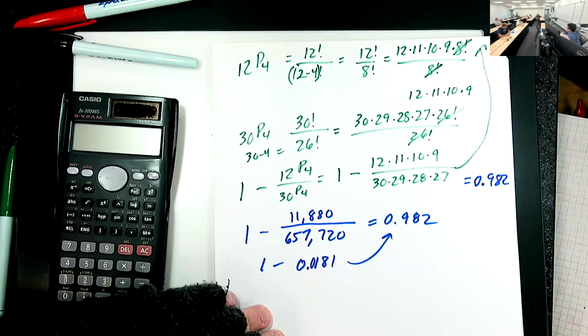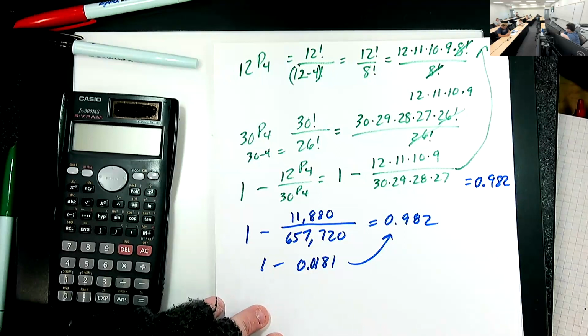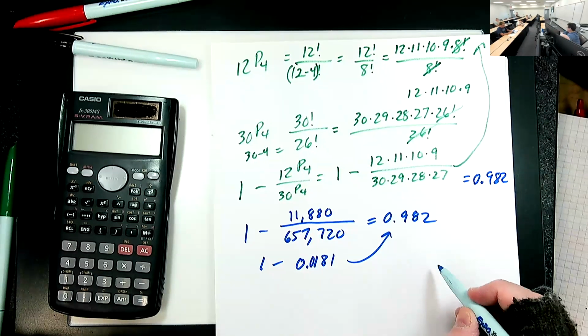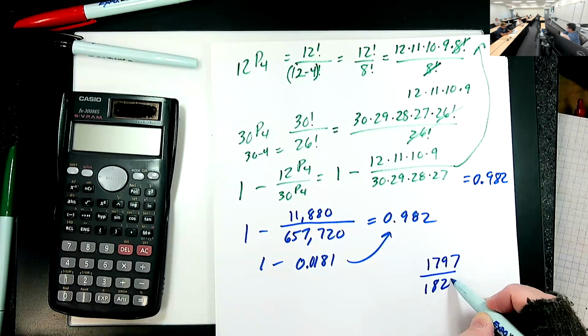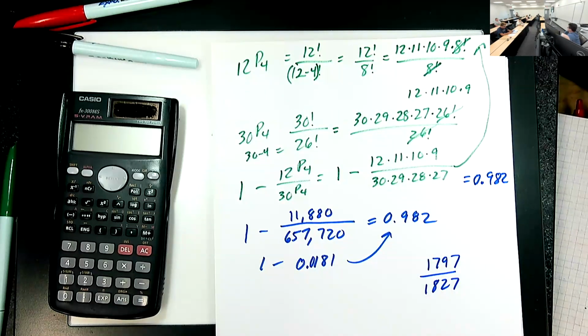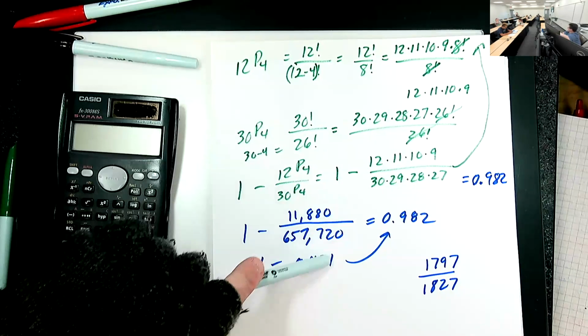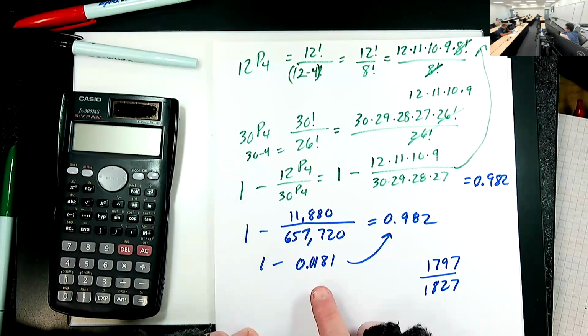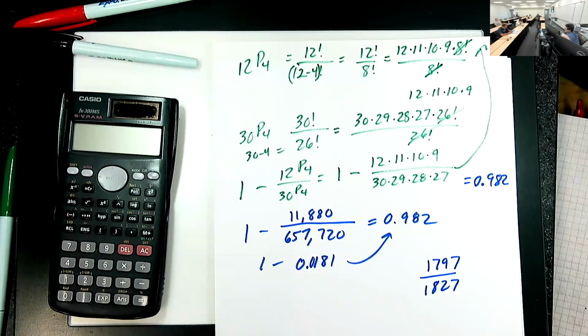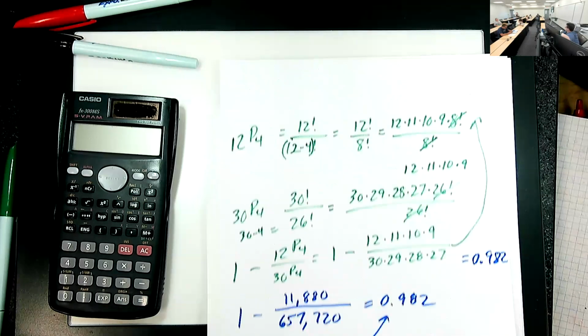All I have listed in my notes is 1797 over 1827. So I must have done some fraction work before I did all that. Clearly it simplifies. We could divide out, this fraction gets smaller. They're both divisible by 20. That makes it a little bit smaller. Either way,